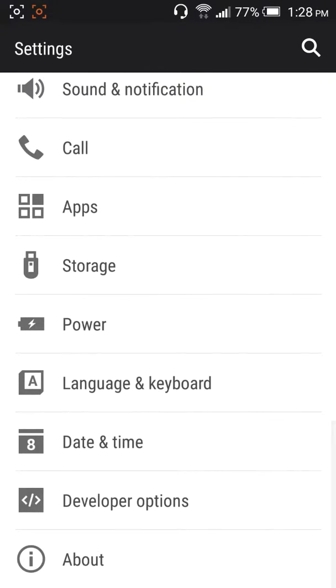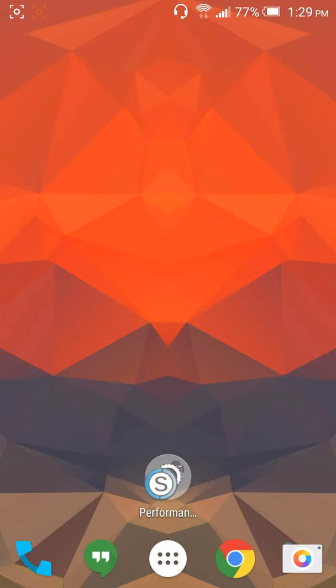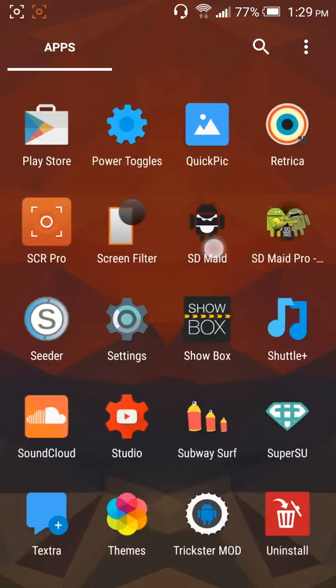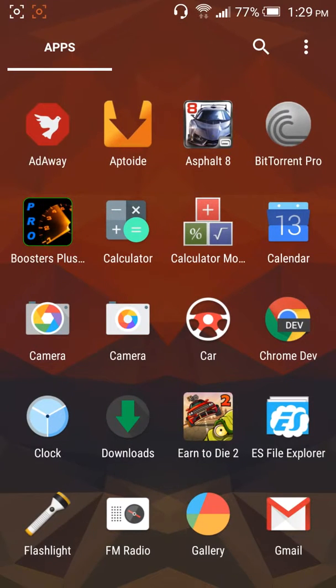Next step is to use lightweight launchers. In my case, I'm using Nova Launcher for 1 year now, and I gonna tell you guys that it's really lightweight, it's really fast, and it also has the latest features of Android device, which is really cool, and I